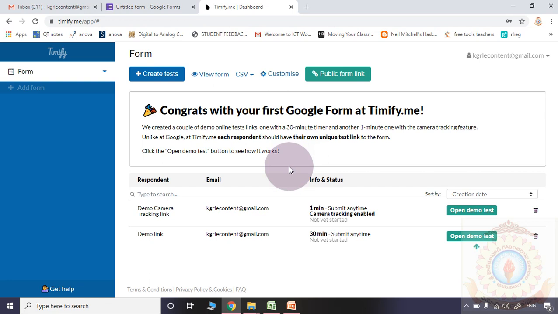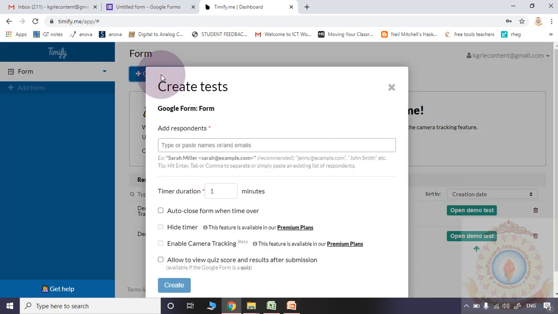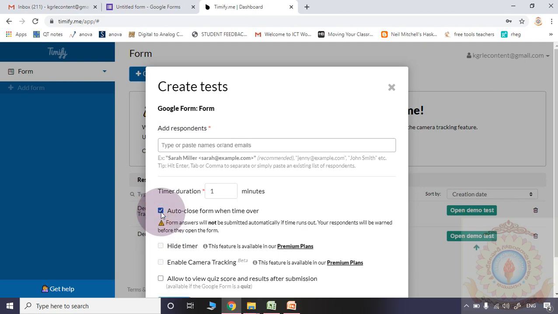So go to the dashboard. Here, please observe, create test. That option is there. Here you may enter the email ID to send the mail. You need to check these options. Auto close form whenever time is over.